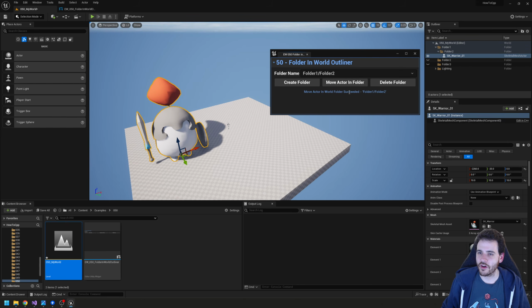Perfect, so I guess that covers everything. That was how to create folder in the world outliner and move actors inside them, and that's gonna be it